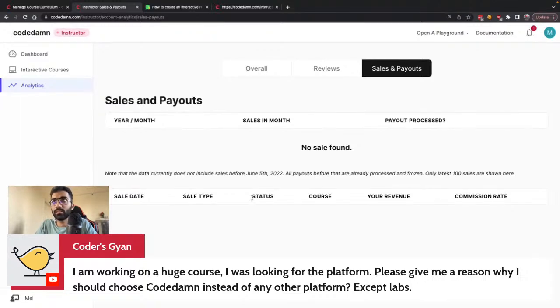And the fourth point is, I just want you to trust me because I am a developer, I am a creator, I have been in this industry for over 10 years as a developer. As an entrepreneur, as someone who's running this business, it's been a little less while, but still, as a developer and as a content creator, I know what you guys need, and I'm willing to listen to everyone, and any feedback we get, we do work on everything. So I sincerely believe that you will have a great experience working on a course on CodeDam.